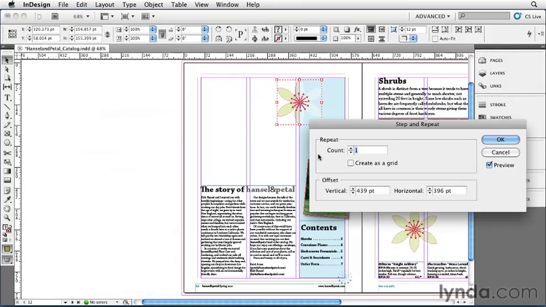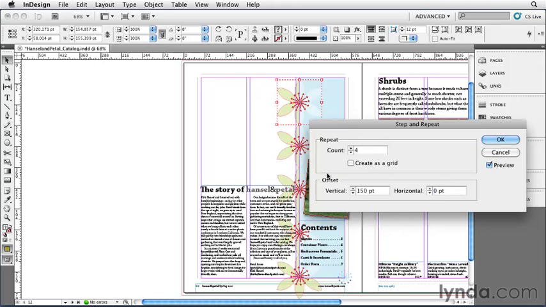Step and Repeat is great because it gives you ultimate control and precision over every duplication. In this case, I want to have this object duplicate down the page a whole bunch of times in kind of a vertical pattern. So what I'm going to do is change my offset to be, let's say, a 150 points vertical offset and a 0 horizontal offset. I'll click up here, and because the preview checkbox is turned on, you see it made one duplicate exactly 150 points down. Now I can increase the count value until I get the pattern that I want.